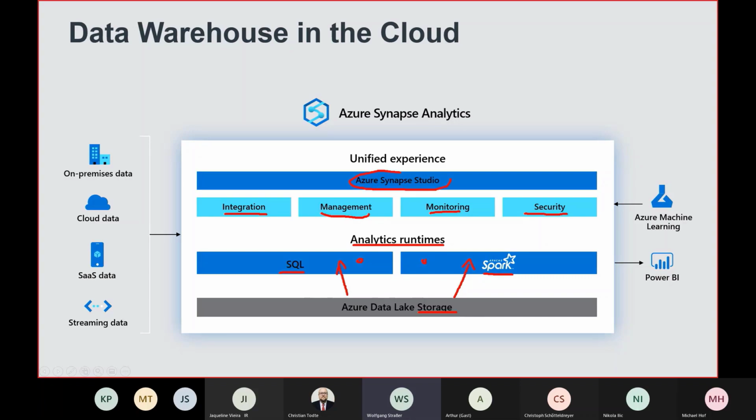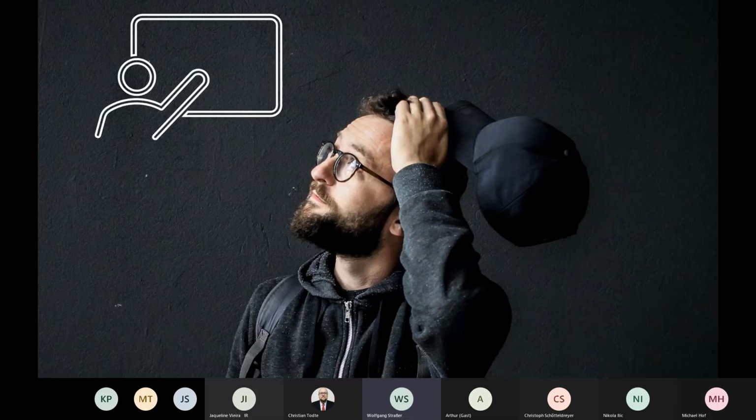And there is Azure Synapse Studio, that's the development environment to work with your data in Synapse Analytics. So Synapse Studio is the one-stop development environment to work with data integration, to prepare SQL statements, work with notebooks, monitor and manage security, for example. So Synapse Studio is the one-stop shop. And now,